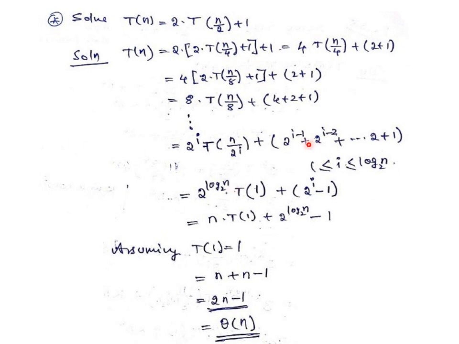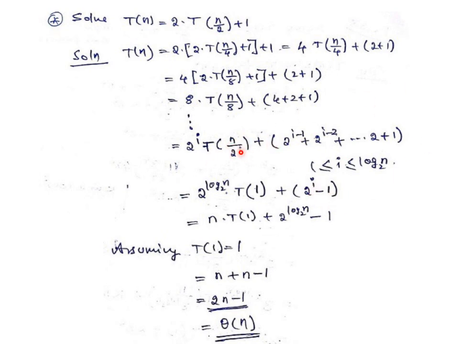Now consider the second part within the parenthesis. You see 2 to the power i minus 1 plus 2 to the power i minus 2 plus 2 to the power i minus 3 plus, etc., down to 2 plus 1. There is a mathematical formula for this, so we can approximate this value as 2 to the power i minus 1, as indicated by the next line, 2 to the power i. The entire value we can replace by 2 to the power i minus 1, because we started with 2 to the power i minus 1. And this entire thing is replaced by 2 to the power i, all minus 1.